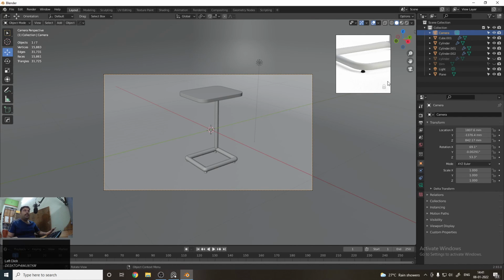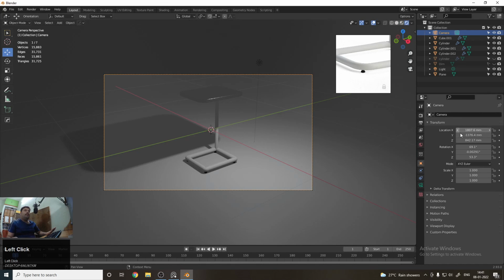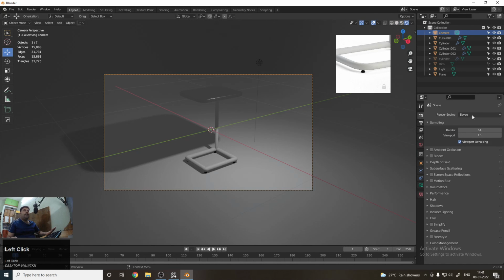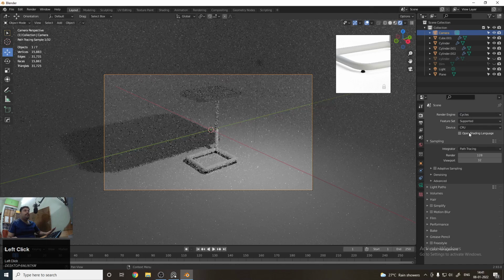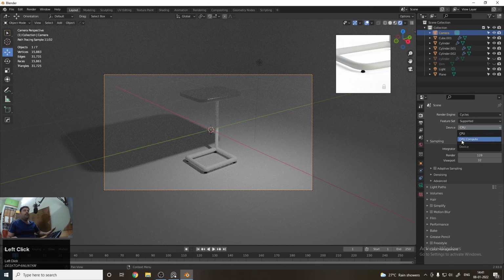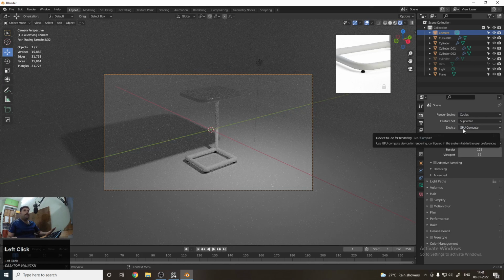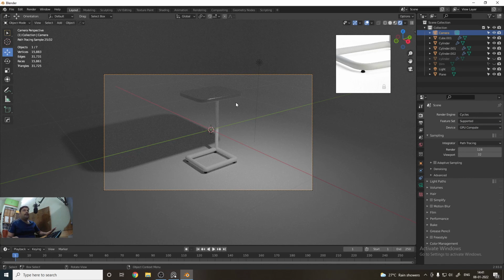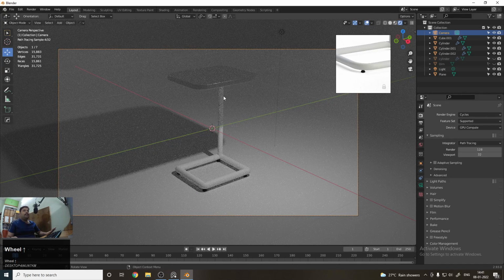And if you want to see the render view, you can click here. So now I am in EEVEE. You can also click on Cycles. You can use Cycles. So you can see that we are rendering. So now our render view is updated. So you can see that the frame is ending. So I want it to be 128, so that we can get good quality renders. So you can see that in our viewport it is 108.